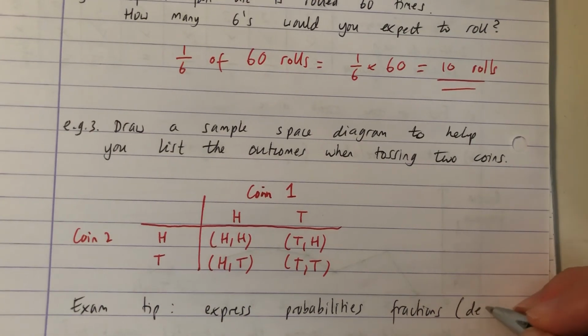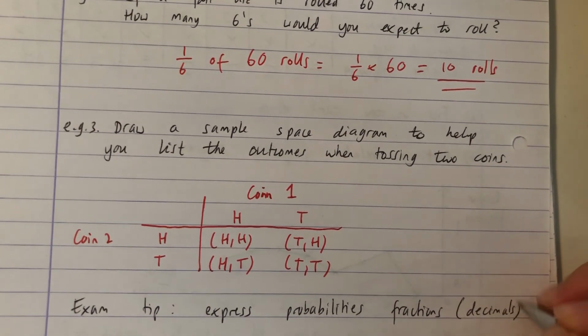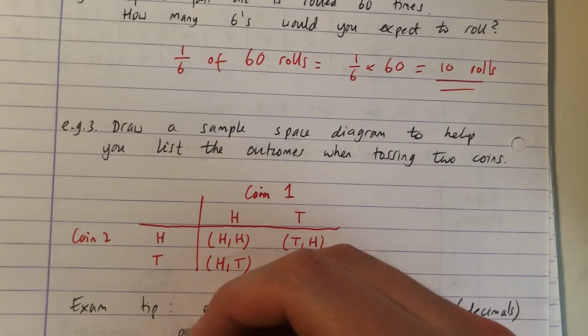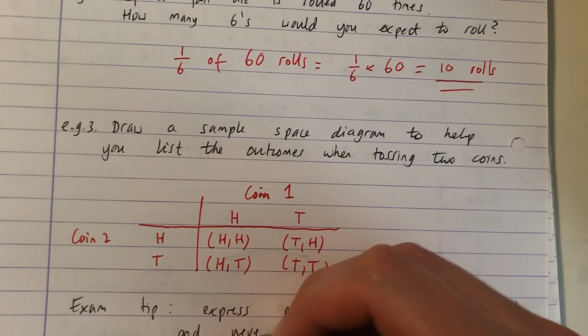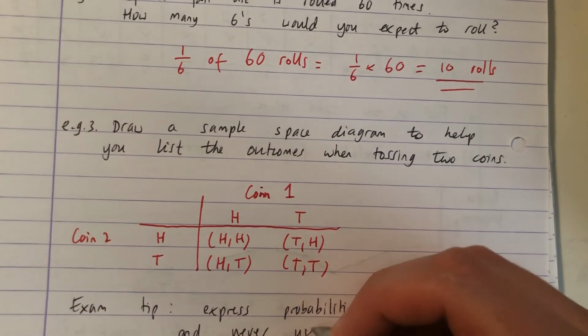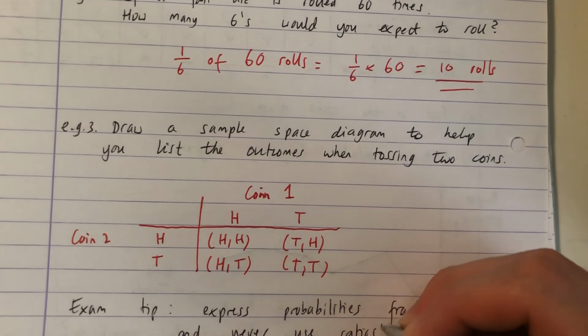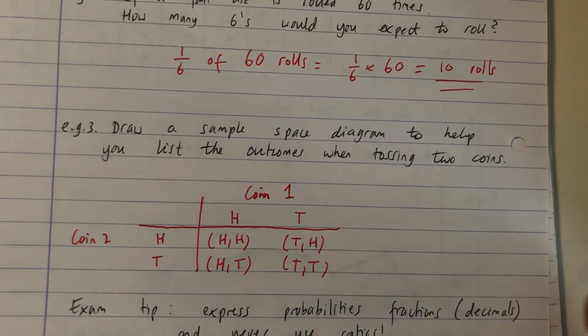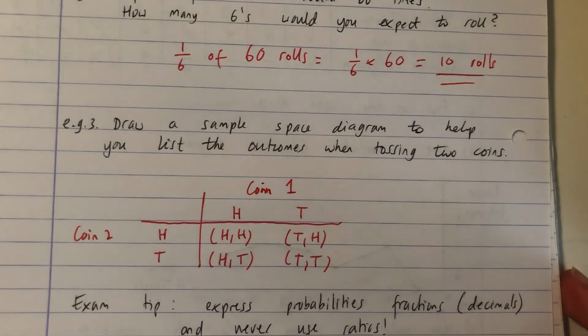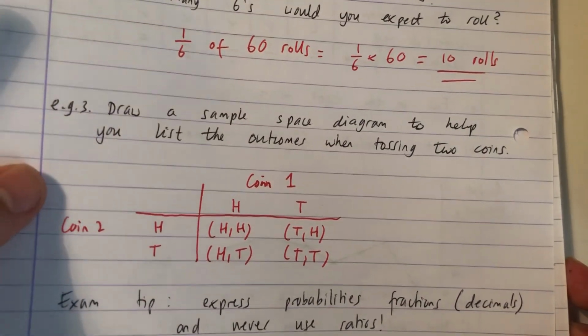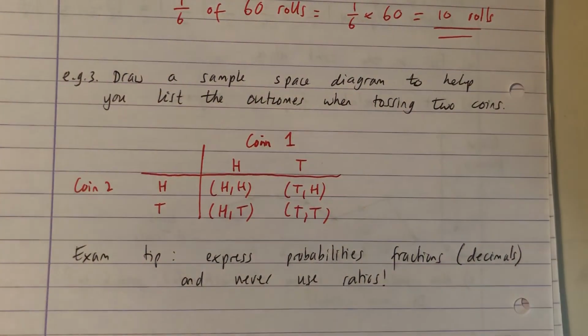You can use decimals, but never use ratios. Never use ratios. If you express a probability as a ratio, you will get 0 marks in an actual exam. You can technically do it, but they don't credit it at all in an exam,